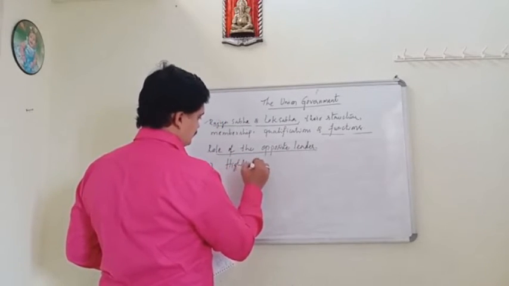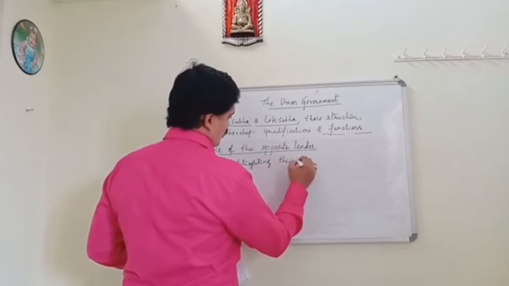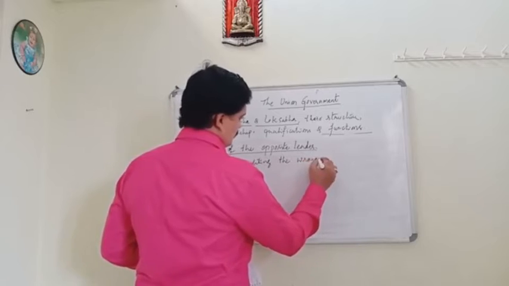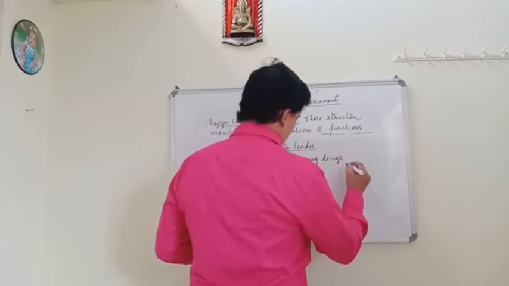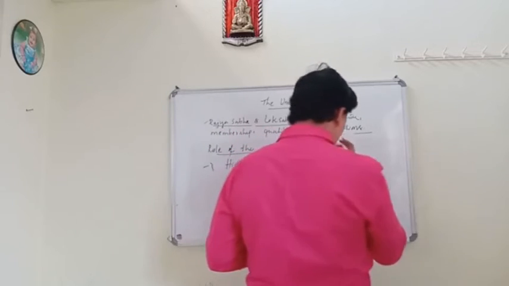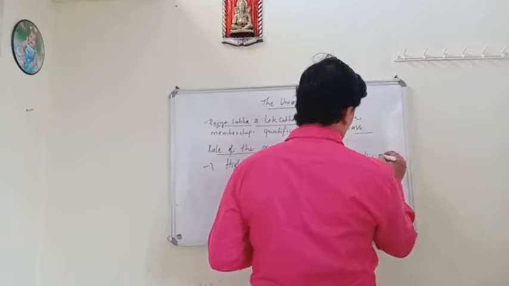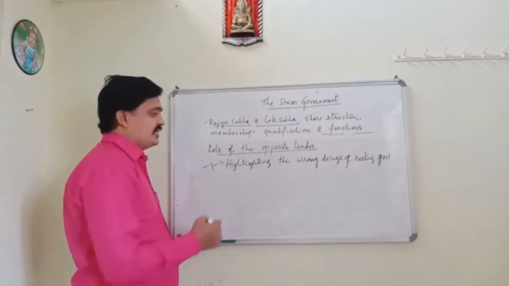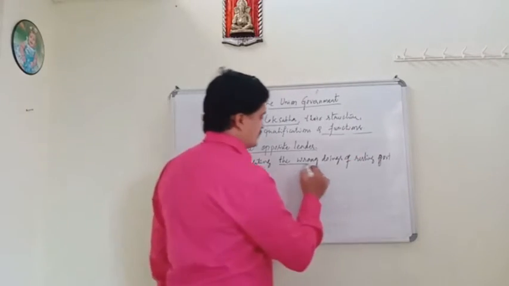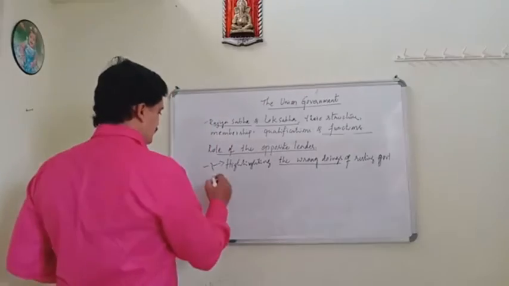Highlighting the wrongdoings of the ruling government or ruling party here. See, the first word is highlighting the wrongdoings. Highlighting the wrongdoings of the ruling party here. So next,